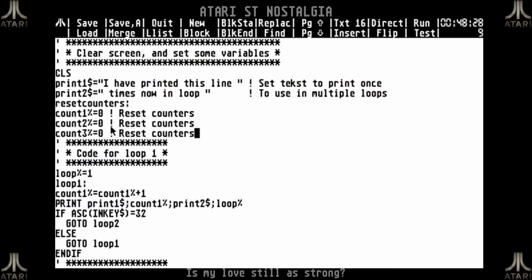So I've made some example code. As you see, I put some markers in it. What the code does is it clears the screen, which this command is not really necessary because if you run a program it does it automatically anyway. I set 2 variables, and it says I have printed